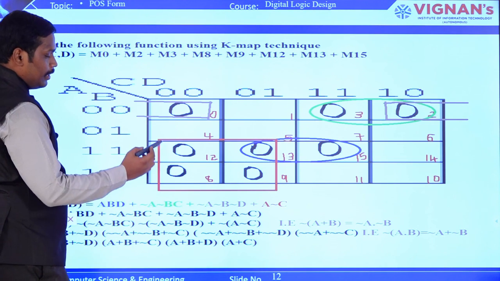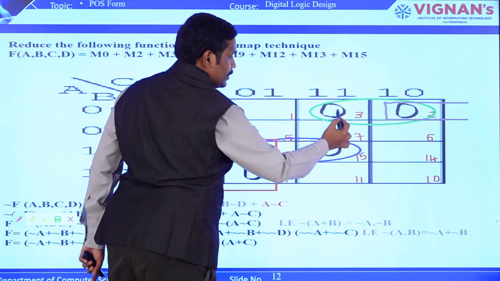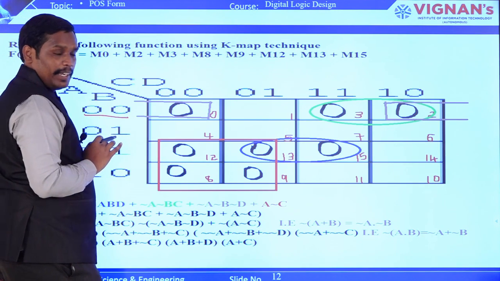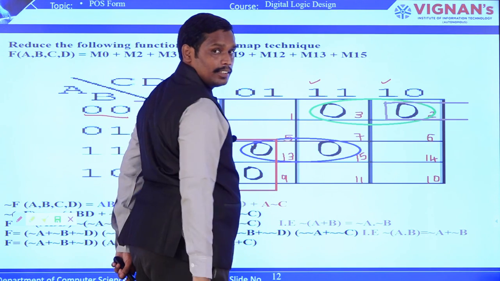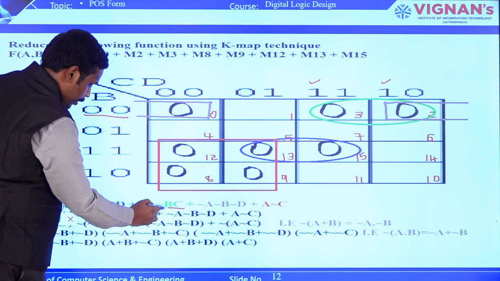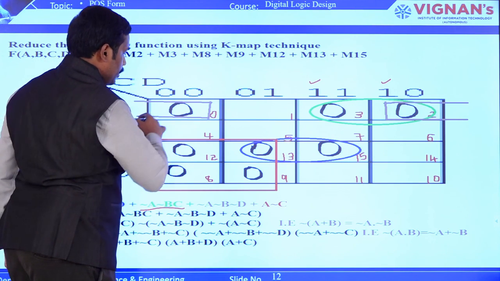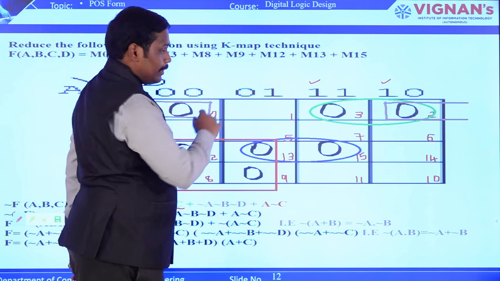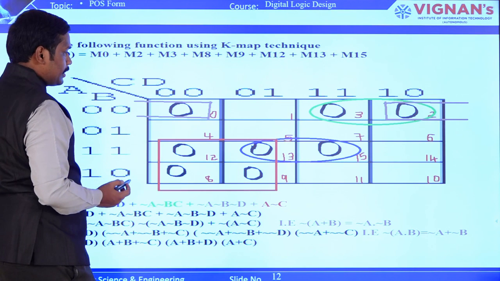The next one, we see that the other pair is in green, which is another pair group, with 0, 0. So you can see in the row, both A bar and B bar are common for that pair, and in the columns you can see C is common, D is different. That is the reason why we say A bar, B bar and C. So this is how you are going to frame A bar, B bar and C. And finally, we will go with the other color, that is the quite opposite zeros. That is also considered a pair, right? So we'll see how it is constructed.